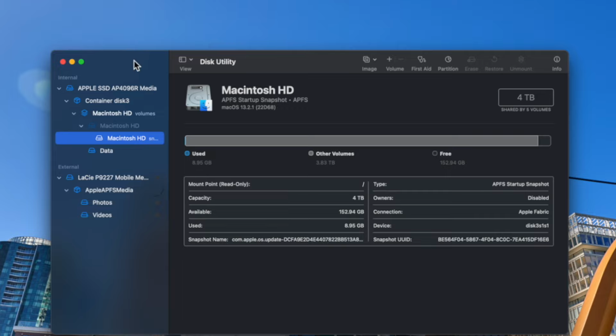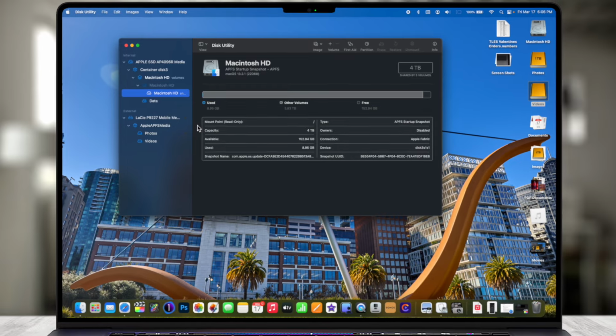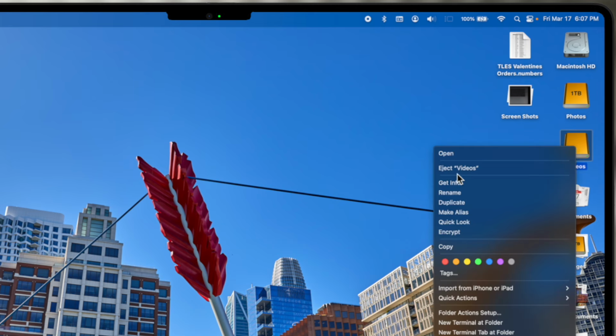One thing I did forget to mention is whenever you eject a drive that has multiple partitions or multiple volumes on it, in the rare chance that you could potentially corrupt or lose files on this external hard drive or flash drive, it's always a good habit to get into to eject your flash drives or your hard drive, whatever it may be. So there's a few different ways to do that. If you're in Disk Utility, you can click the little eject button over here on the left hand side, and when you do that from Disk Utility, it's actually just going to eject all of them. If you're not in Disk Utility, if you need to eject something, you can either right click on one of these items and choose eject.